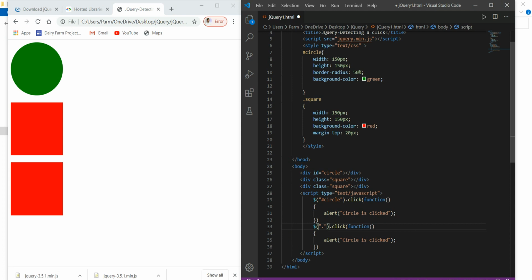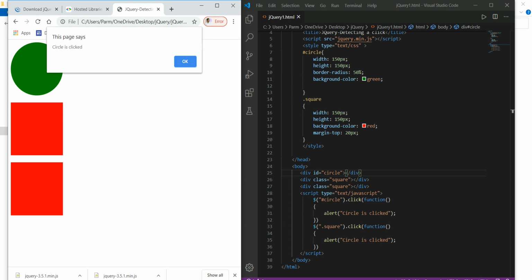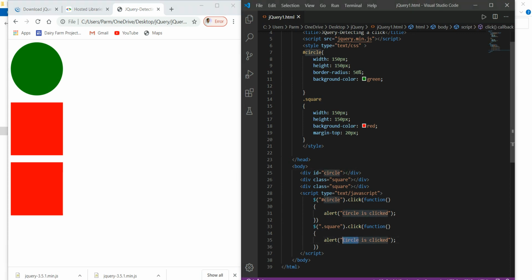So for this I'll write dot square, save it here and refresh. Okay, circle is clicked here. So we also have to change this message to square is clicked. Save this and refresh.